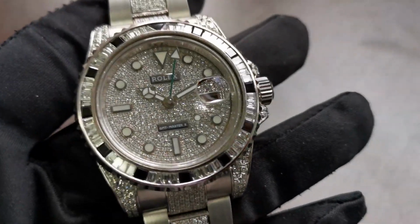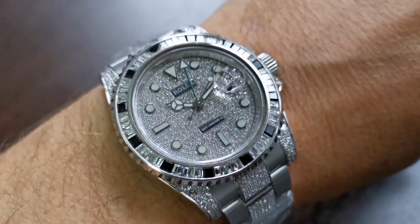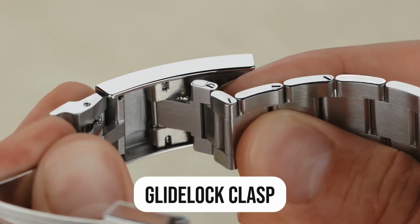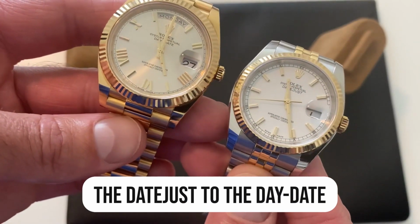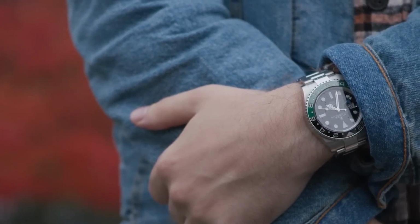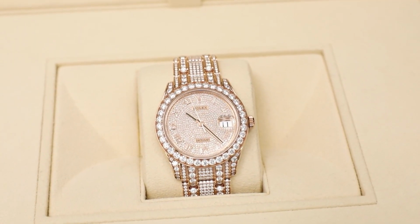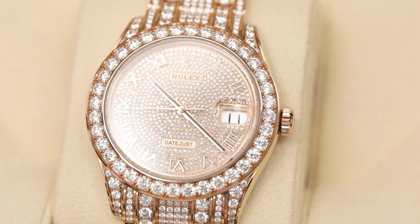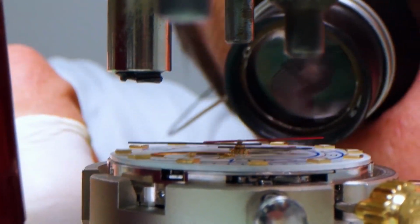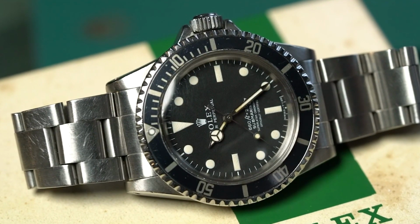In fact, it's arguably one of the most influential watch brands of all time. From the Oyster case to the Glidelock clasp, the Datejust to the Day-Date, the Perpetual rotor, and countless other inventions, Rolex has been a true innovator in the world of horology. Rolex's prices have gone up over the years because of these changes in technology. This has helped the company keep investing in research and development and move into a market segment where its products